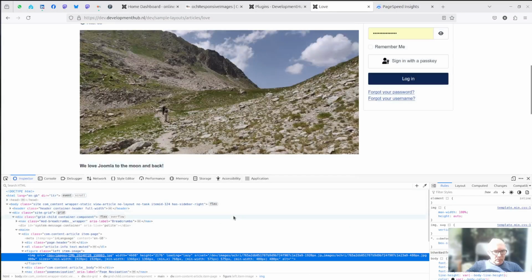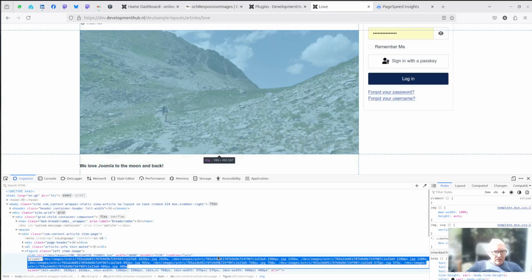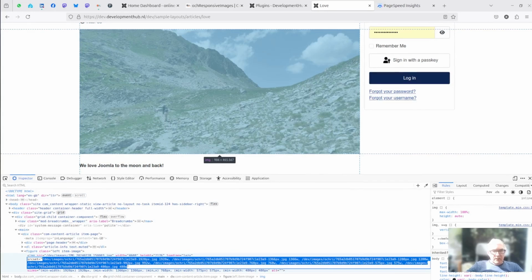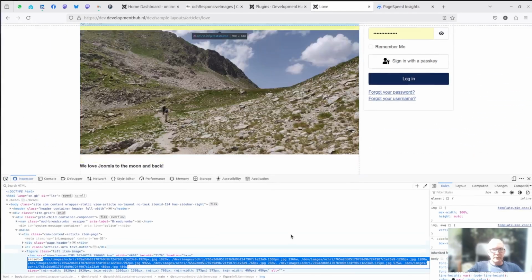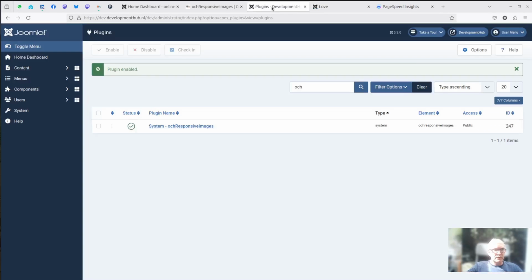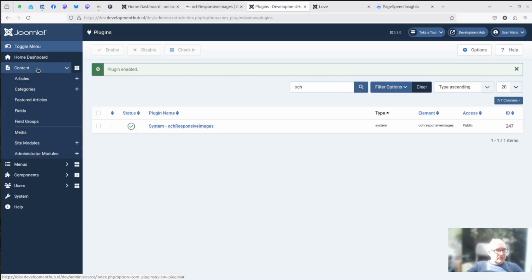Okay, but what we now have are JPEG images. So it optimized the images into the JPEG format, and we can see that also in the backend. Let's go to the backend, content, media.